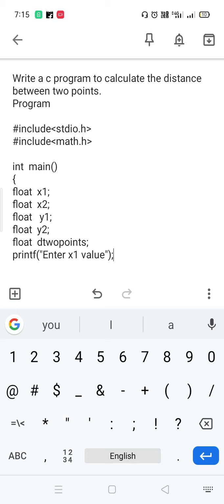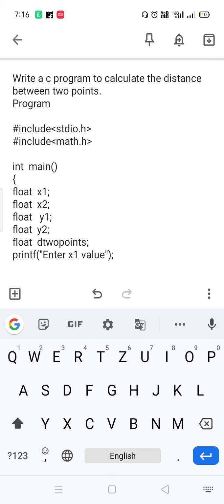Completion of bracket, immediately you need to mention the semicolon. If you miss the semicolon, then the compiler gives an error message to you, expecting semicolon in the printf statement. If you miss the double quotations, then again you are getting the error message. So, enter x1 value, it is user defined data. If you want to give the spaces, then at the time of output you will get the spaces in the output. If you write in a single word, it will come as a single word in the output screen. So it is a customized one in the printf.